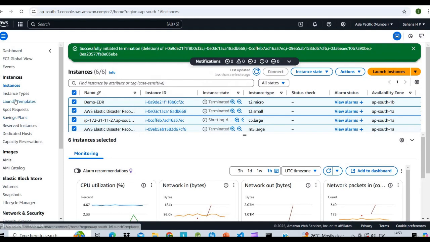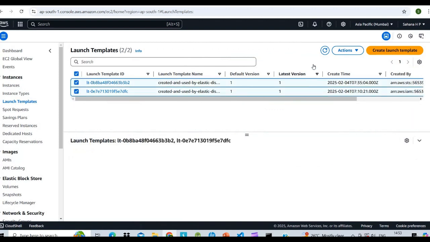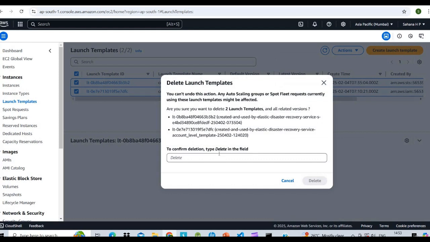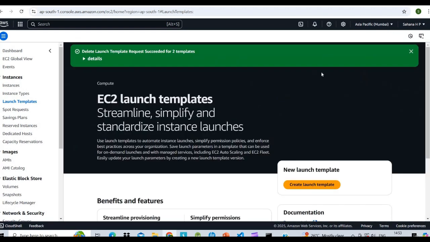Then go to the launch templates. We need to delete the templates also. Select this, click Actions, and delete template. Click yes, delete. The launch template is deleted.